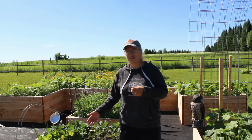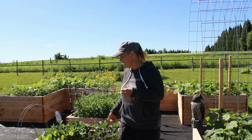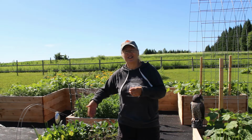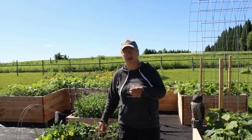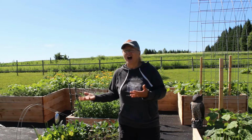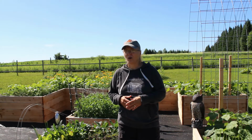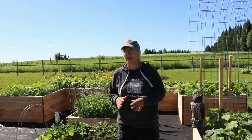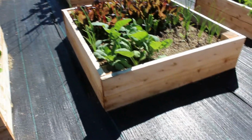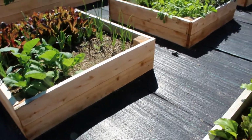But I know that while I was planting some of the vegetables, I would run into some of the twigs and pieces of composting material that we had put on the bottom. So I know that over time that's all going to compost down and feed the soil really nicely, and we love that idea. I do keep this floor cloth,